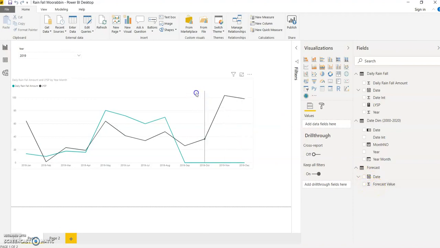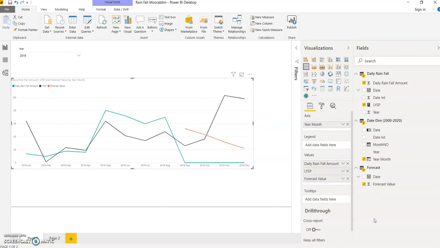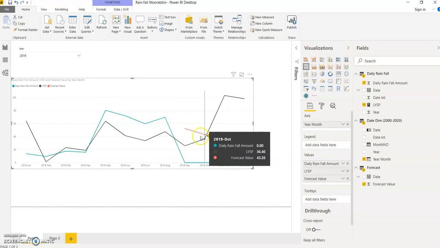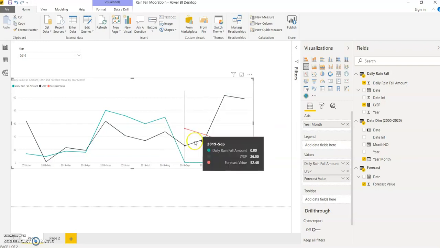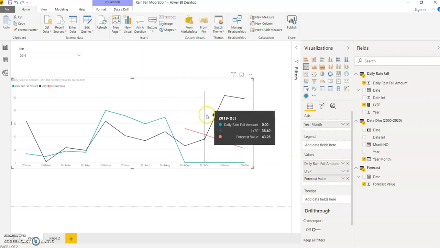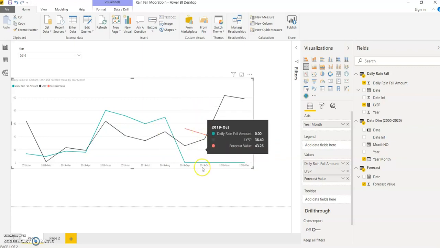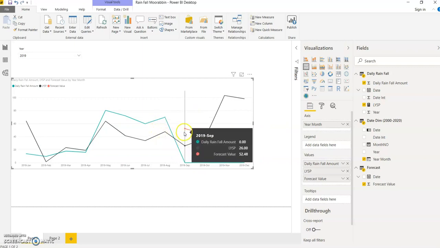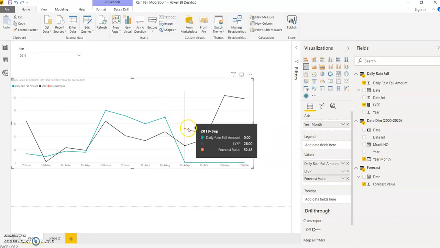Now we can just select this visual and we can select this forecast value. Okay, now we can see, compared to this year, the forecast is actually getting reduced for this year. We cannot actually say much about it, but anyway, there's no big difference between the same period last year and this year with the forecast. That means we can assume that this value can be